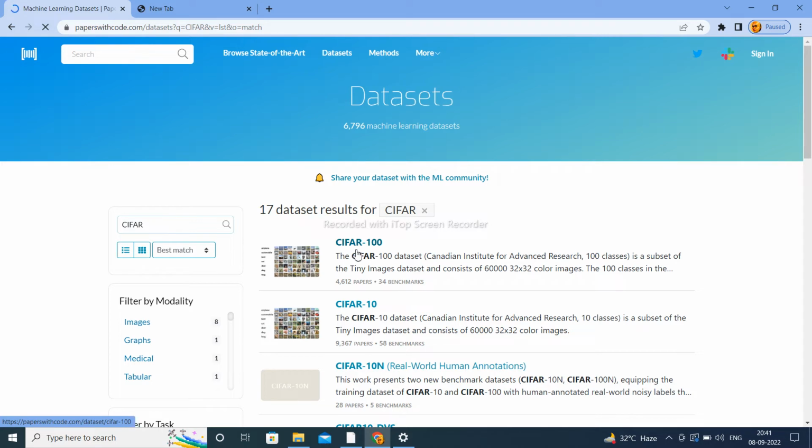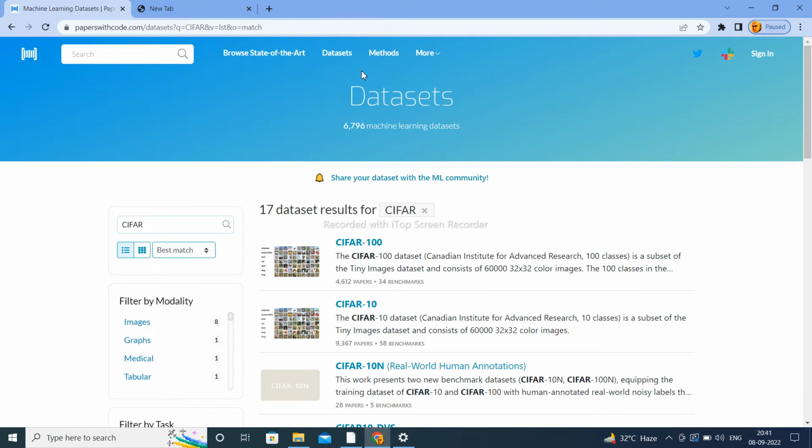Here are the CIFAR 100 dataset and the CIFAR 10 dataset. If you want to study any type of dataset, you can search here. You can use filters of methodology, image processing, graphics, medical, tabular; different types of datasets are available. You can filter using these filter methods.